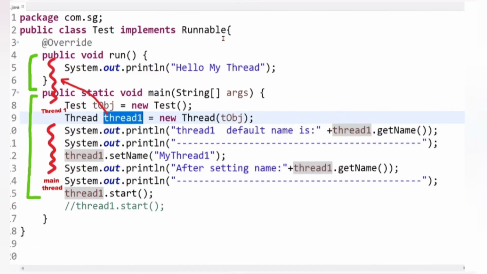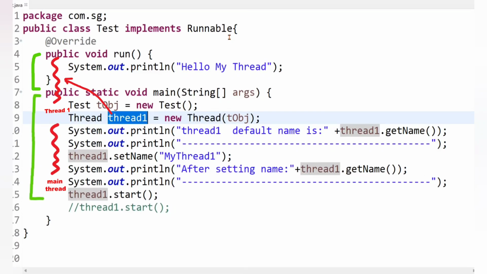And if we want to identify which thread is currently running, then we can check it using the currentThread method. So the currentThread method is one of the methods of the Thread class which returns a reference of the currently executing thread object or thread. Okay. Now the question comes: why do we need to identify the currently executing thread? What is the use of it? What's the purpose of it, right? So I will come to this later. First, let's implement this currentThread method practically.